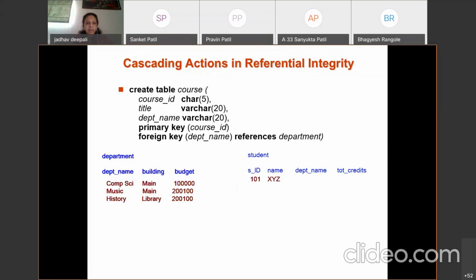Whatever we have used here, the same I need to use here. For example, suppose I use comp. science. It will not execute. Have you understood why? Because that dot is not available there, so we cannot use it. The same as it is, we need to use computer science. Then total credit, suppose 22. Next 102 and music.